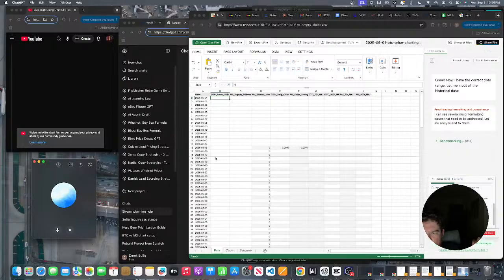Sounds like a plan. We'll just hang out and keep an eye on it while the agent crunches through those tasks. Hopefully the charts will start popping up soon and everything will run smoothly. And if not, there's always tomorrow to keep experimenting. Let's just cross our fingers and see how it goes. So while we're hanging out,